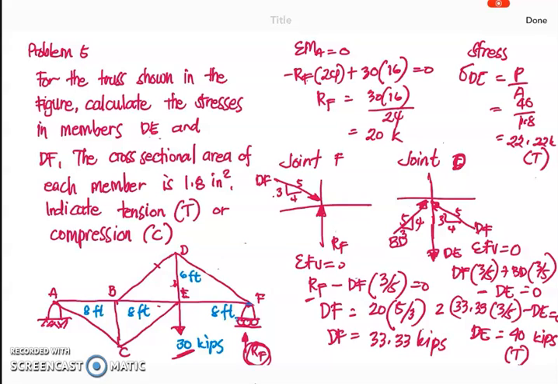What will be the stress at DF? Of course, you simply have force over area. You have 33.33 over 1.8. So the stress at DF is equivalent to 18.52 ksi, and of course this is in compression. So we have now the value for our stress at DE and